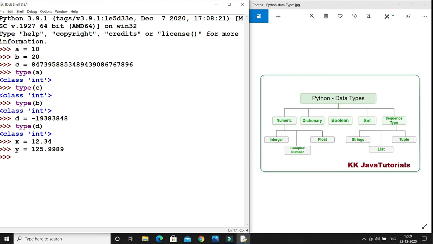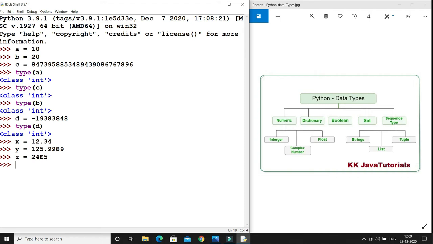Let's say I create a variable z and write 24 into 10 raised to 5. So you write 24, then e, in capital or small, and 5. So 24e5 means 24 into 10 raised to 5.